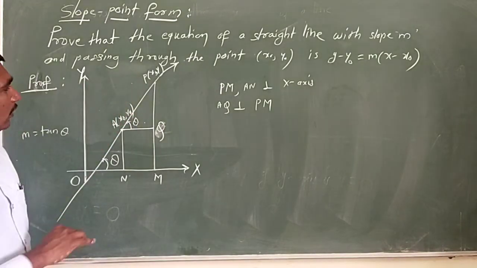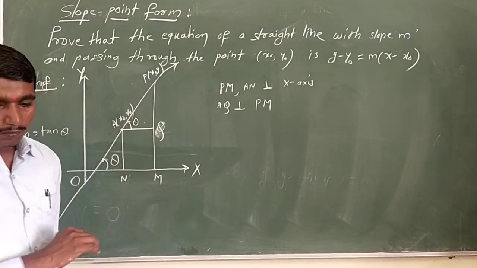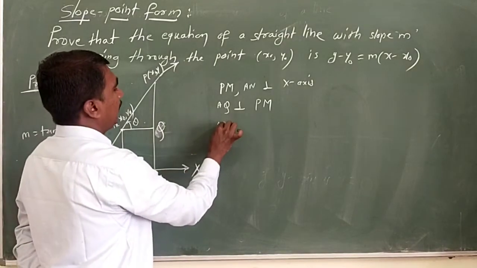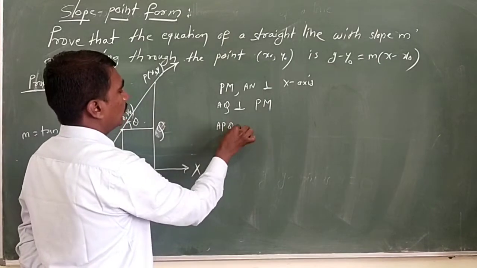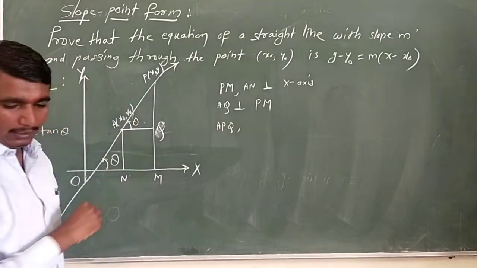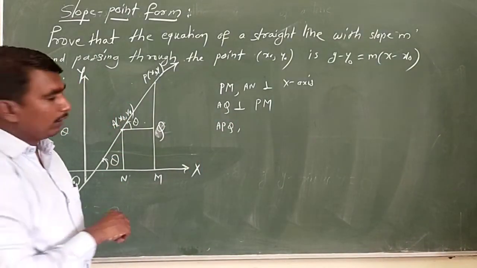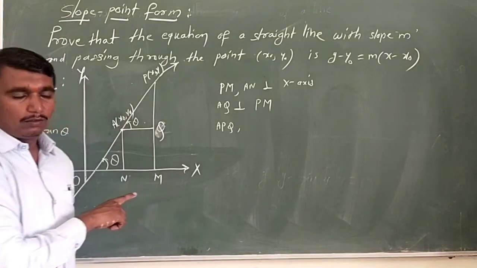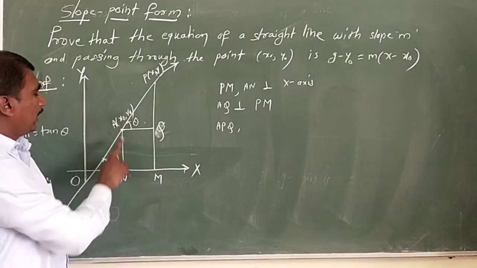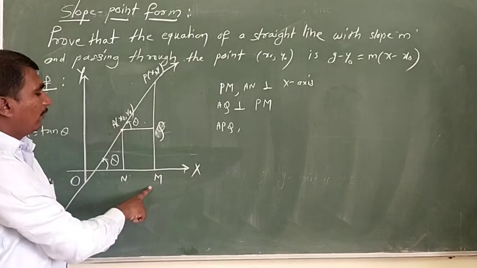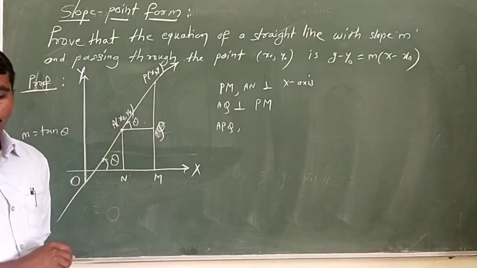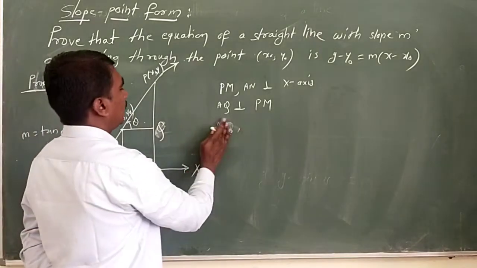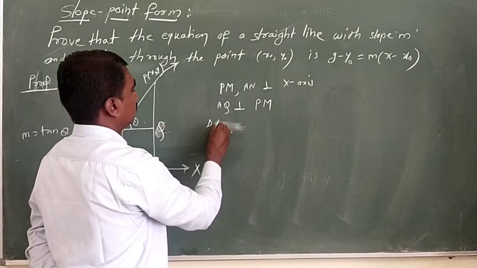Now from the triangle APQ, we have taken AN and PM perpendicular to the x-axis, then AQ is perpendicular to PM. So therefore from this triangle